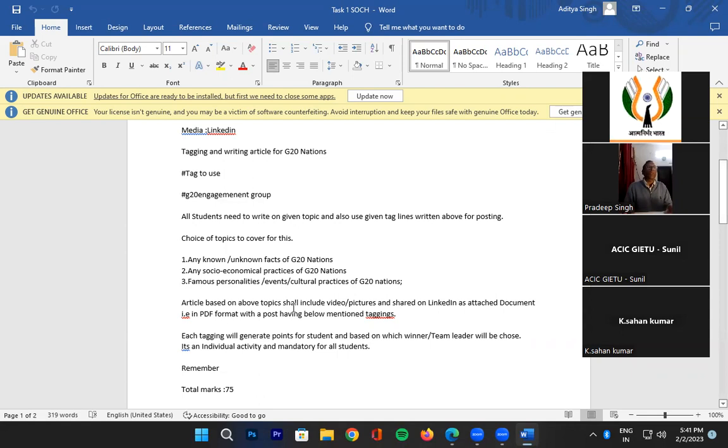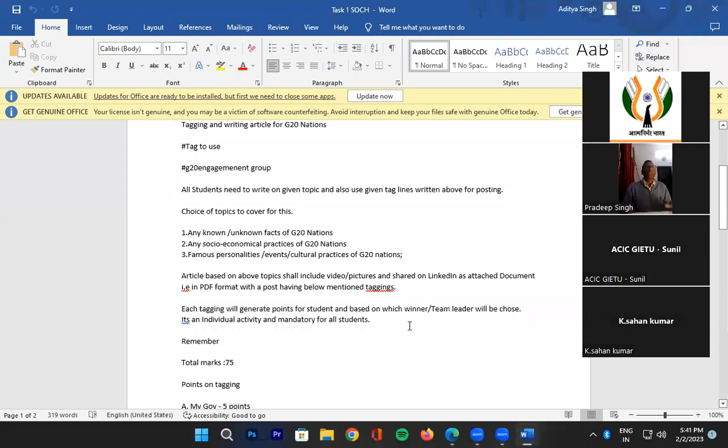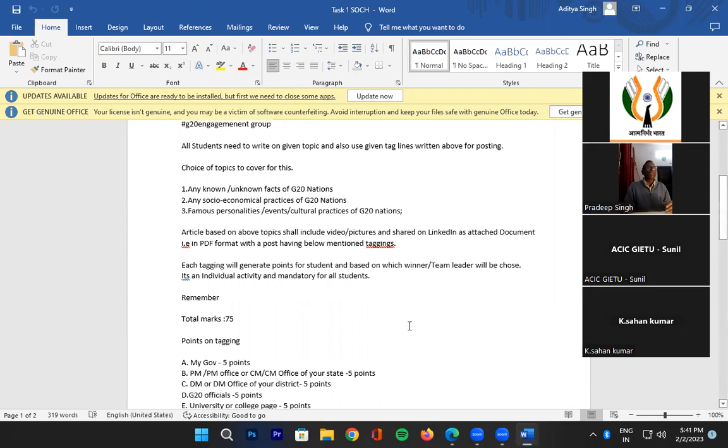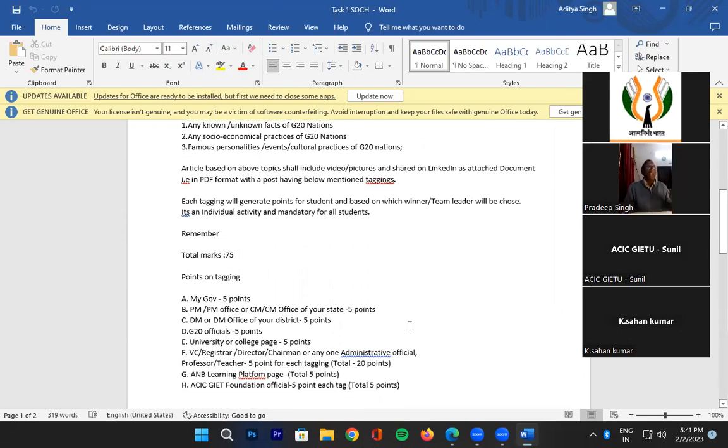The article based on the above topics shall include video or pictures and be shared on LinkedIn as an attached document, that is in PDF format, with a post having the below-mentioned taggings. So you will prepare either a video or a PDF. Once you prepare it, you will share it, and then tag. What you need to tag is